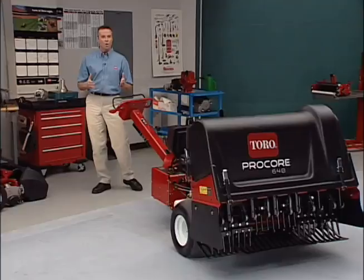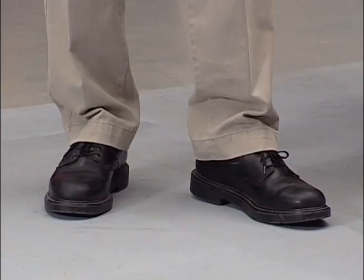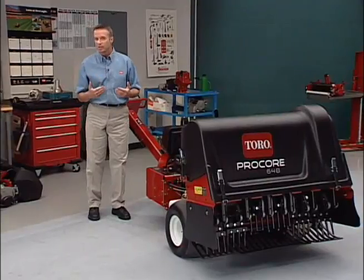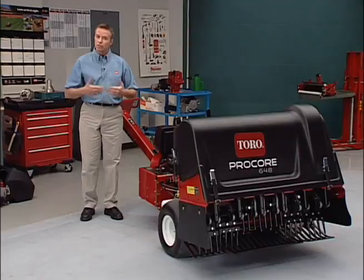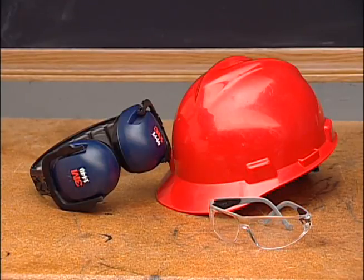When operating the Toro Pro-Core 648, it's important to wear substantial leather shoes or work boots. Avoid any loose-fitting clothing or jewelry that could get caught in moving parts. Hard hats, safety glasses, and hearing protection are always a good idea and often required by your local ordinances, insurance,